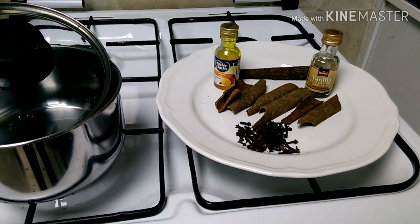Now, the amount of cinnamon I use varies a bit, but I would say about 3 whole sticks. When I say whole sticks, I mean the long, full, uncut one. You can then cut it into pieces, and then about 2 teaspoons to 3 teaspoons of cloves, depending on how you like it. You really need to adjust this to your own